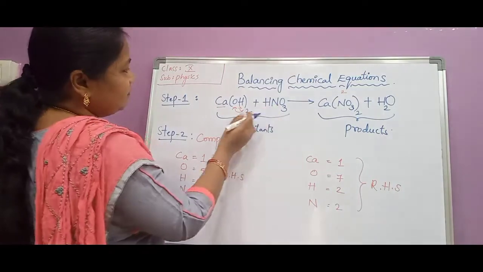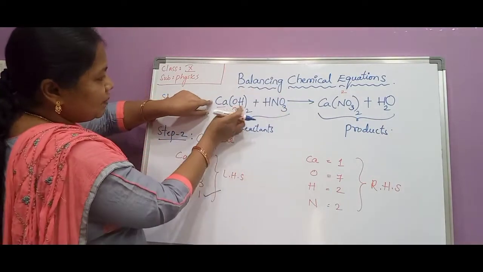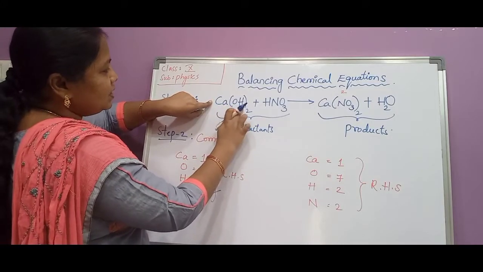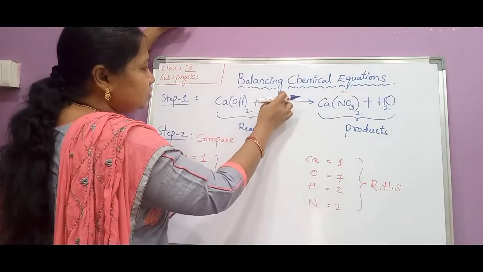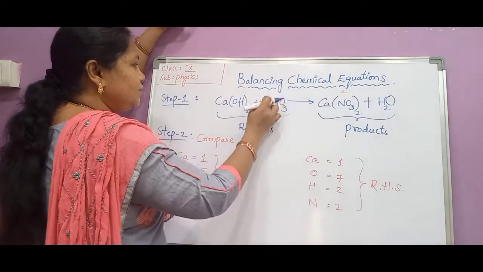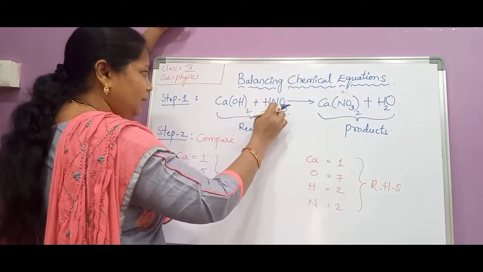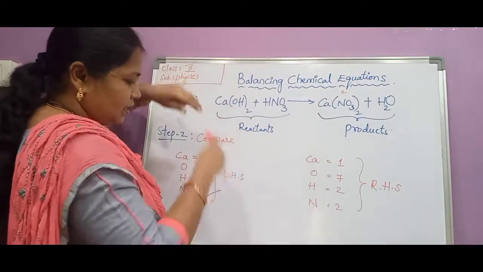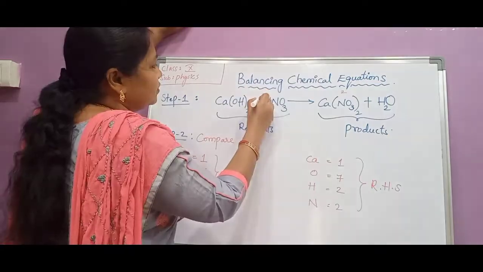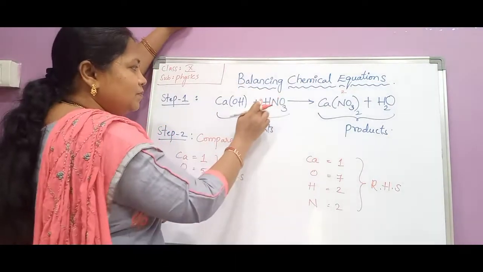For that we need to check where nitrogen is there in these formulas. In this formula there is no nitrogen. CaOH taken twice is there in this formula. No nitrogen. In this formula nitrogen is there. So nitrogen is there in this formula only. So this whole formula we have to multiply with 2. Okay, with 2. I will write with the red pen. With 2 like this. This whole formula we should multiply with 2.